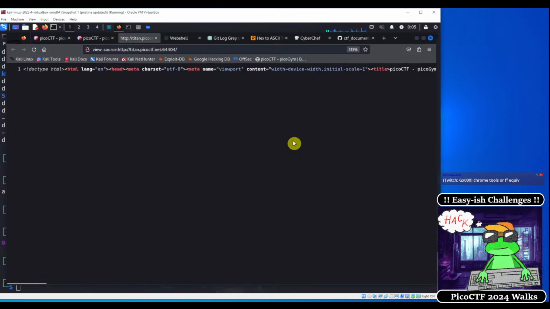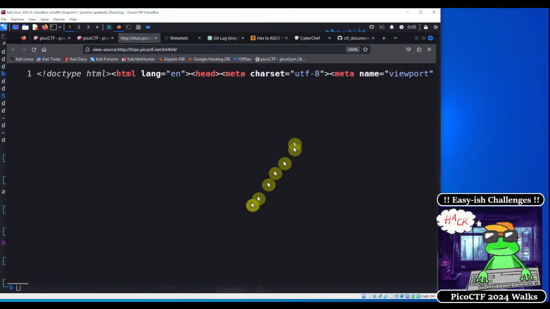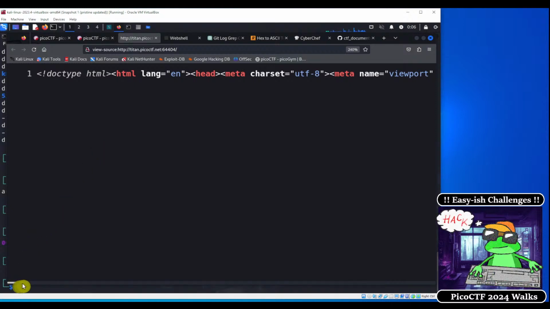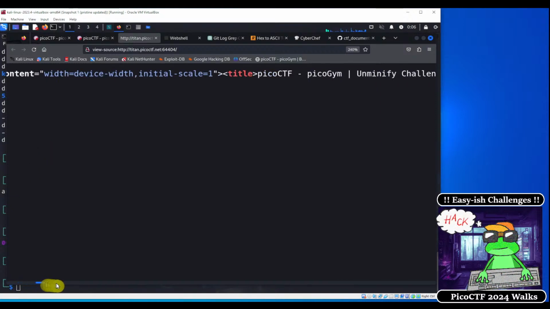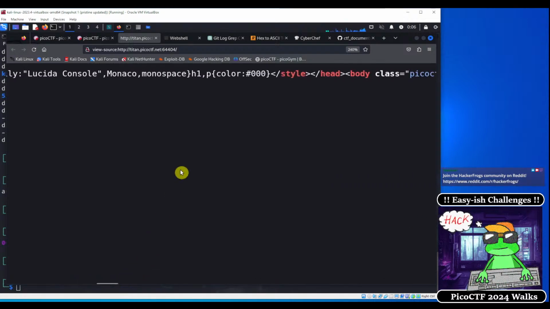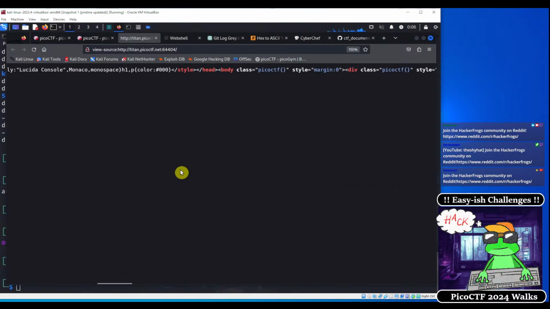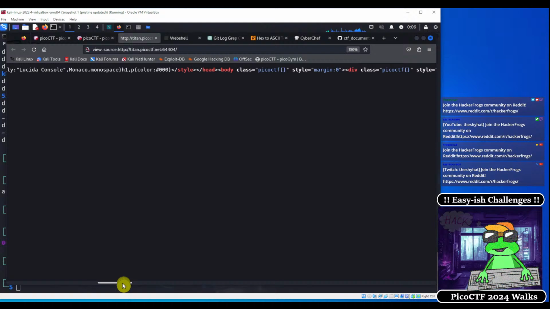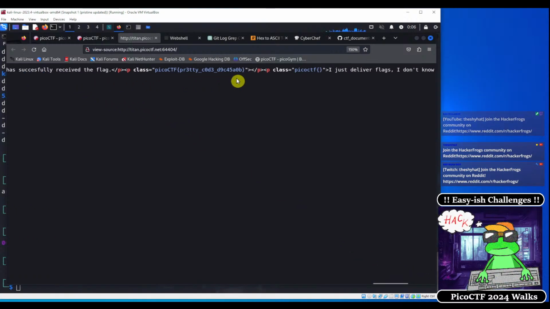and this text is really small. So we can see here that this is a very lengthy piece of code. I'm going to make this smaller. I just deliver flags. Okay, so the key to this,